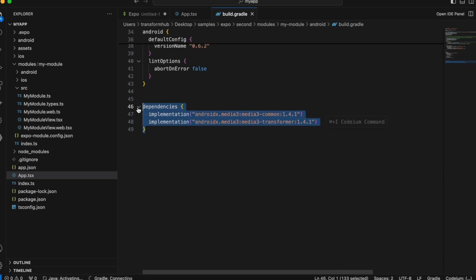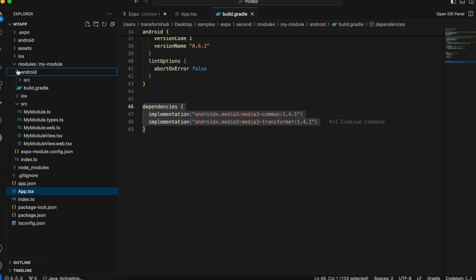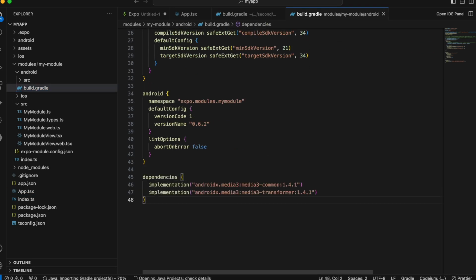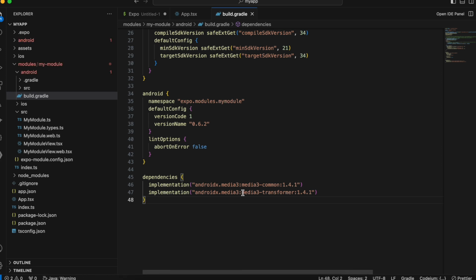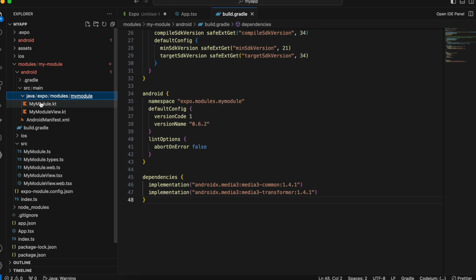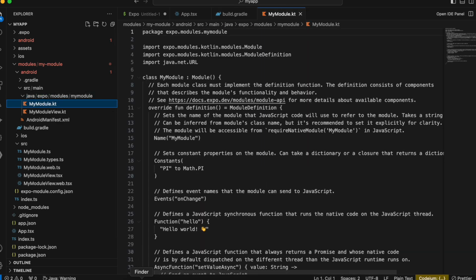So basically what you will have to do is you will have to go to the Android folder of your my module, go to build.gradle, scroll down, and you will just have to paste it over here. So basically we are including this through these two dependencies. This will help us to transform the video. So these two dependencies are very important. So these are the Media3 transformer dependency. Then go to src java my module.kt, and firstly